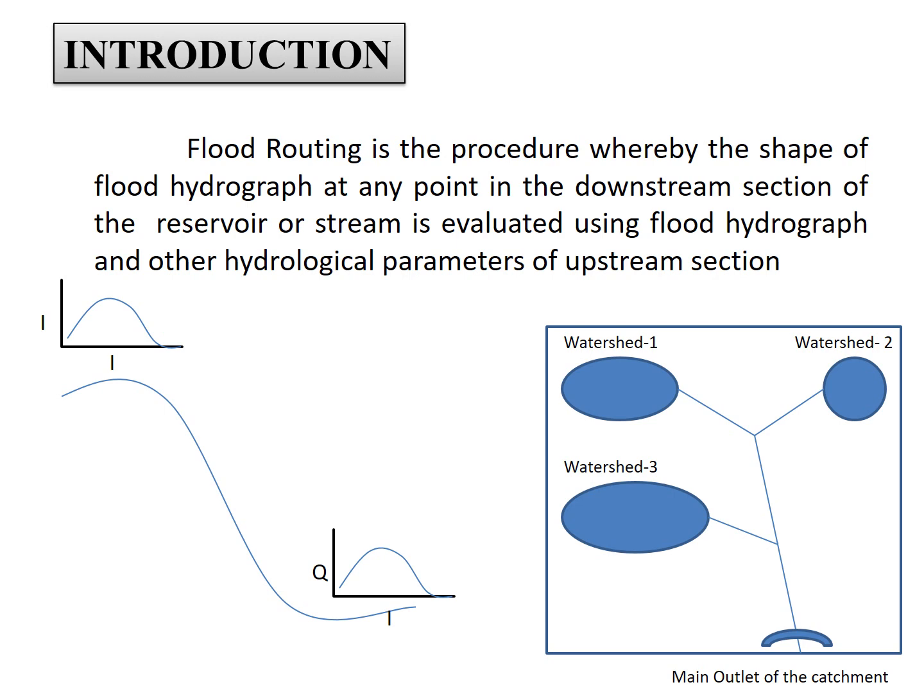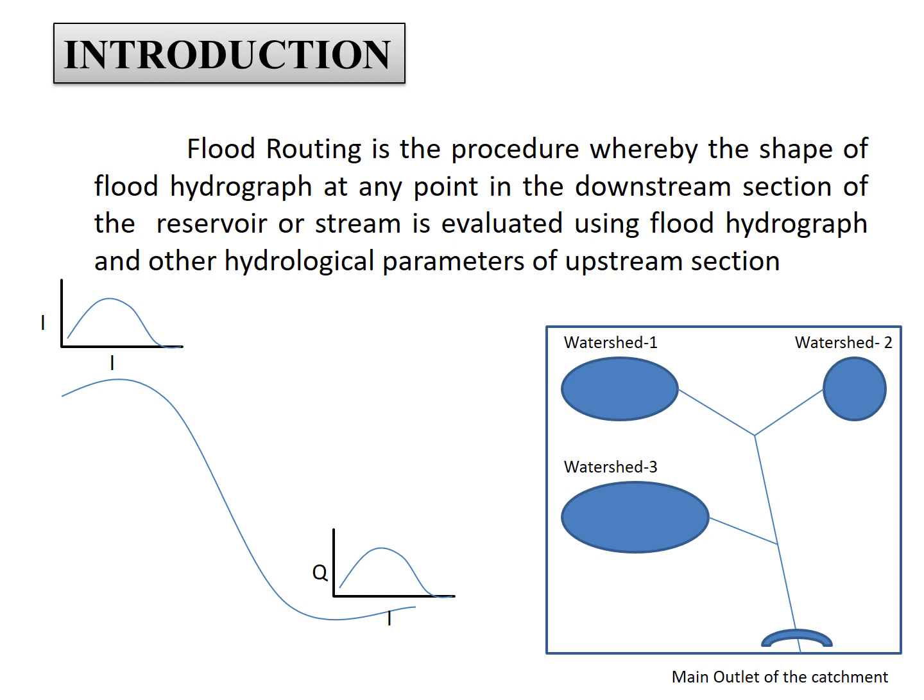You can see in the image that if we have different types of watersheds, by using the inflow from each of the watersheds, we can calculate the total runoff generated from each of them. But in order to club the data, that is, merge the data from each of the watersheds, we have to route the flow. So in a simple way, we can define flood routing.